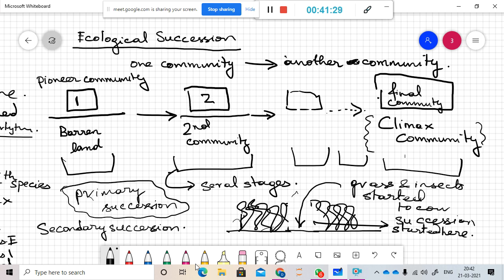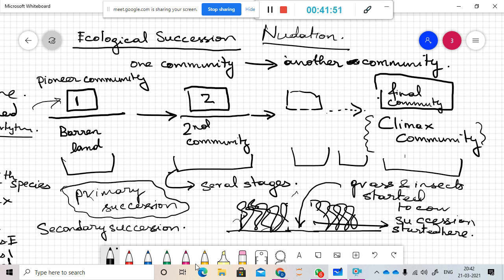The first barren land inhabitation is known as nudation. So essentially this finishes